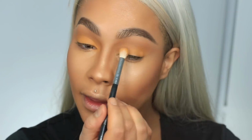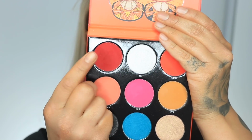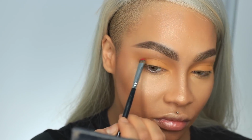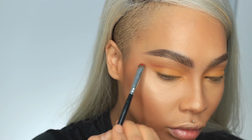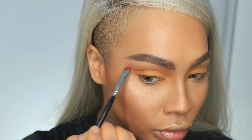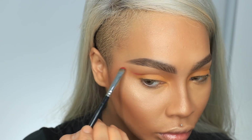Also filling in the inner corners of my eyes just so I have a nice mustardy base. Next, with the color Zafla, this beautiful rich red tone, slightly on the more magenta side, but only slightly, I'm going to start cutting out my shape, so I'm winging above my crease, and I'm looking down and drawing a line right above the fold of my eye, or right at my eyelid, and I'm winging it